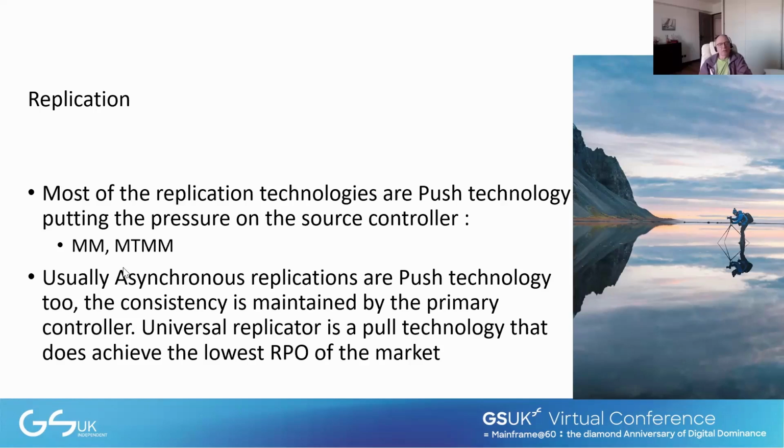The only one which used to have a different model in the past was XRC, which was pulling the data from the primary controller, from a host somewhere, and writing it down to the secondary storage far away, but limited with distance extension. So with a 10,000 footprint, you can have Universal Replicator, which is a pull technology,